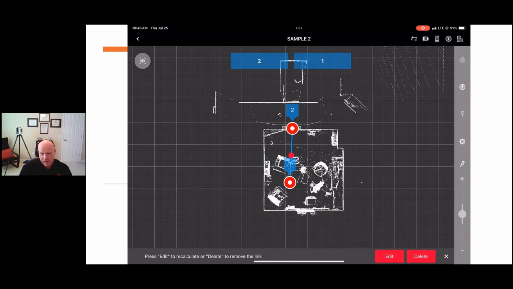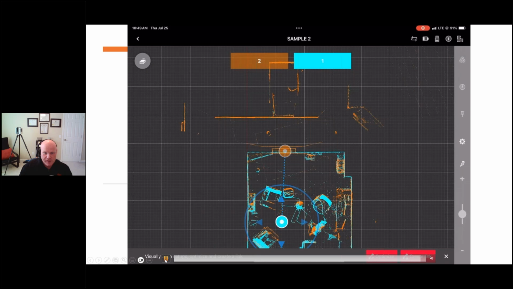The only caveat is if I moved into this other room and did 3 and I actually wanted 4 to link to 2, then I would have to not do quick link. I would just hit link 3 to 2, 4 to 2. But I opened this so you could see the 2 links. Quick link is not as heavy